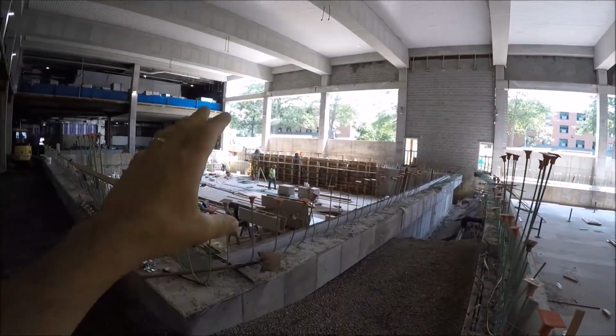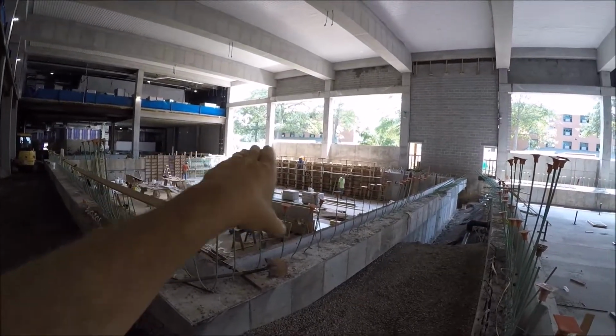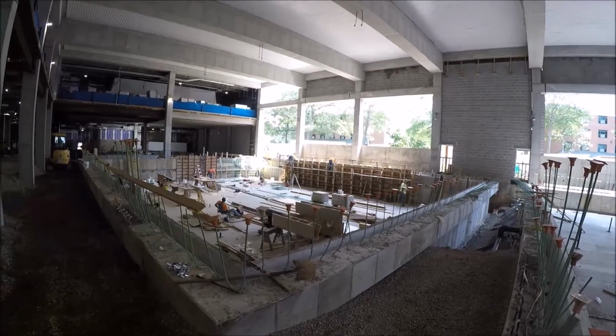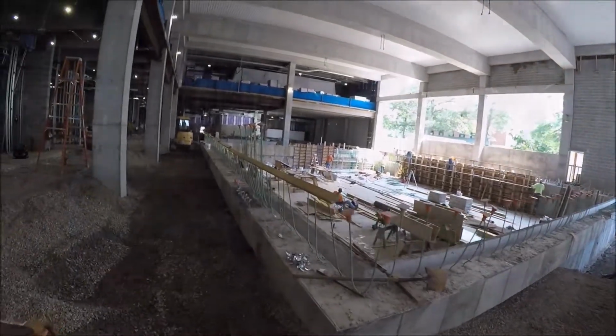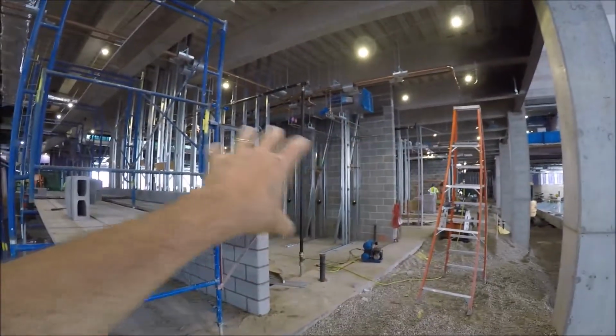We're looking over at our main lap pool. There are rebars up, they're just forming the last corner. The next time we come out, that will be completed into this area. A bit about our feature block that's going to be in all of the bathrooms, the showers, our main corridor,